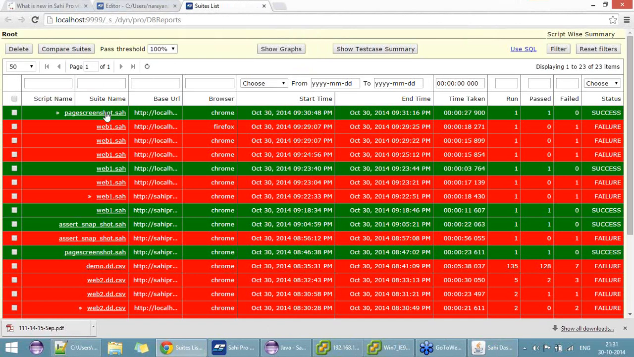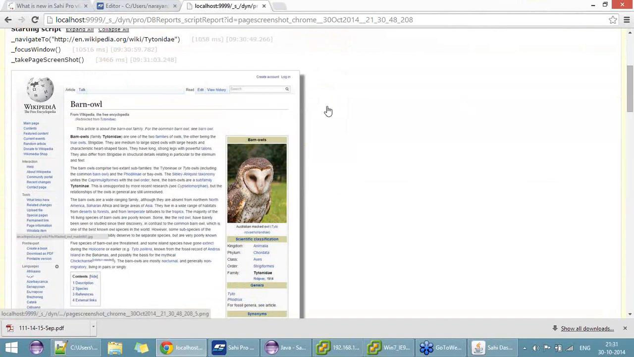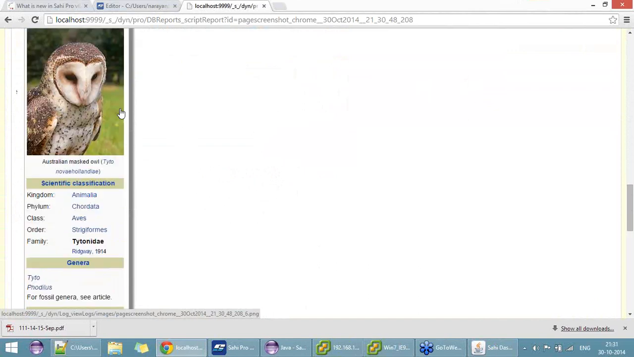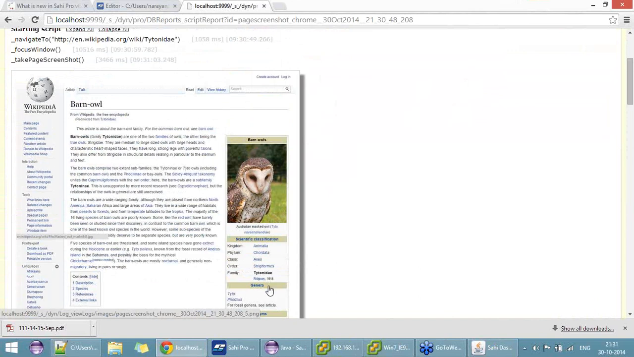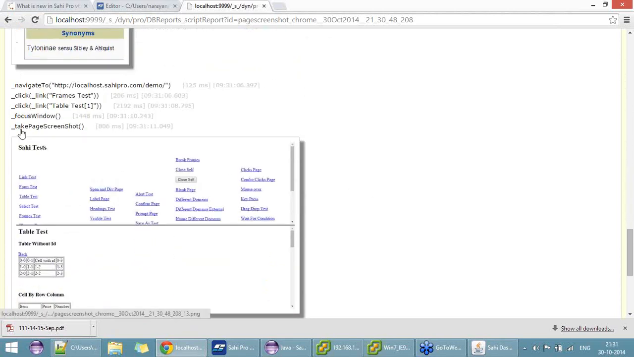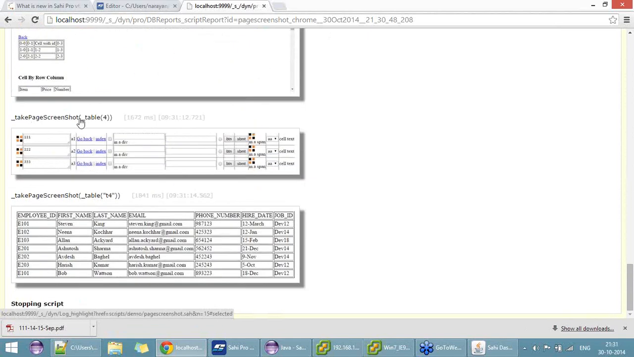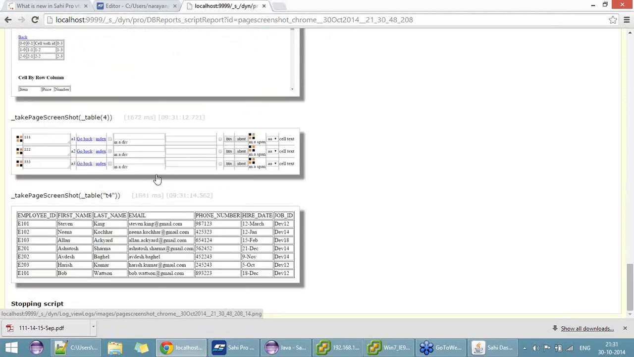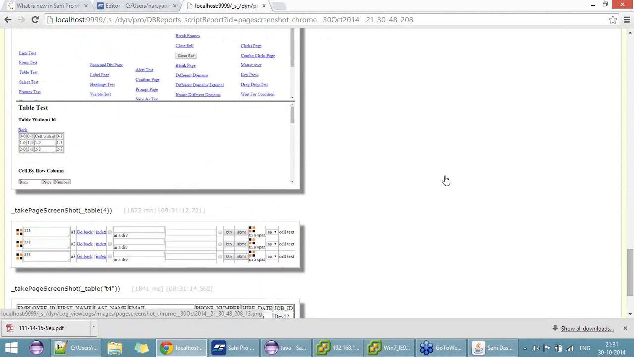If you look at the logs of this, this is a screenshot of the overall screen. And then this is of a particular element here, so it just took this particular thing. If you see this, this is a scroll bar, the scroll bar must have ended somewhere here and then started again here, so it has taken the screenshot of that. And similarly, take page screenshot of the full one with the frames looks like this, and the take page screenshot of table 4, which was under this in this table test screen, has been taken and put here, and similarly this. So this allows you to take screenshots of specific areas, specifically graphs etc. in your application,